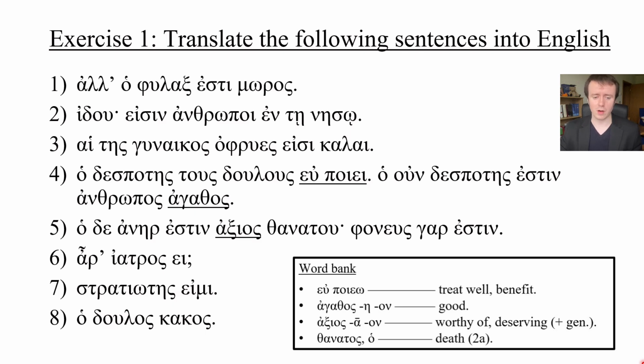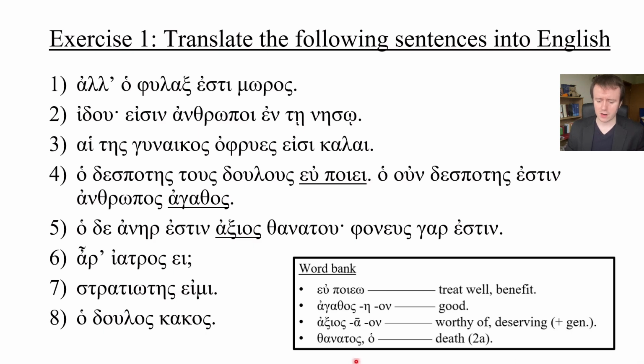Each of these sentences uses a present indicative form of the verb to be, and the complement will either be a noun, an adjective, or a noun with an adjective. Or the verb to be, if it appears at the start, will be meaning there is or there are, depending on the form of the verb to be used. And the verb to be has actually been omitted from one of these sentences, so do look out for that too. I have glossed some unfamiliar terms in the word bank,